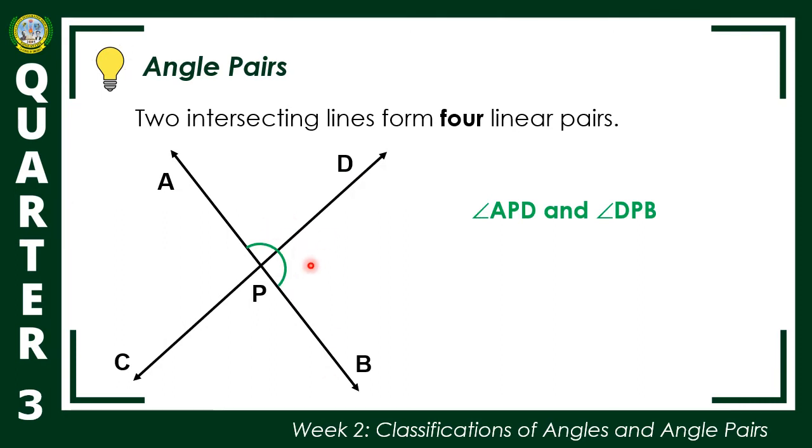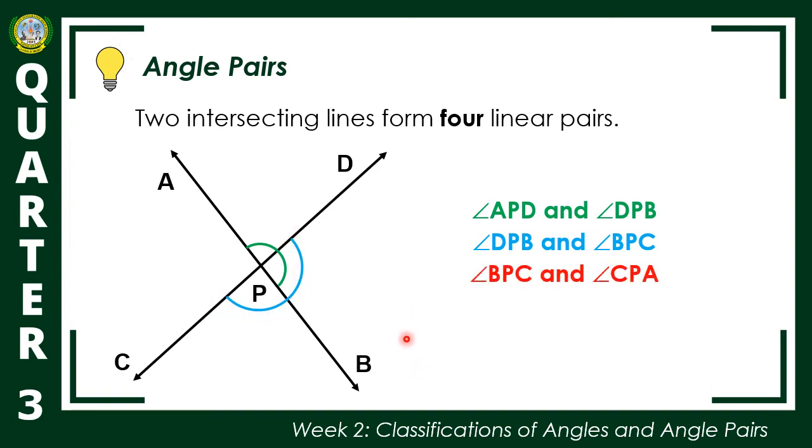So, this is the first linear pair. The second pair is angle DPB and angle BPC. This one. The third pair is angle BPC and angle CPA. The last pair is angle CPA and angle APD. Okay? So now, if the measure of angle APD is 70 degrees, we can now get the measure of the